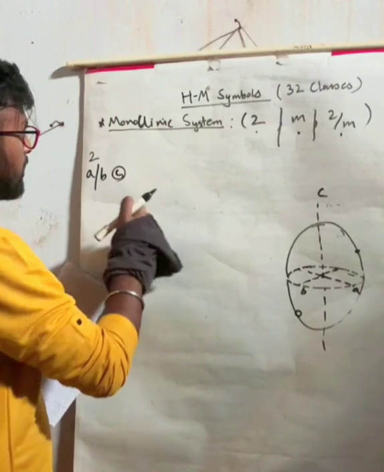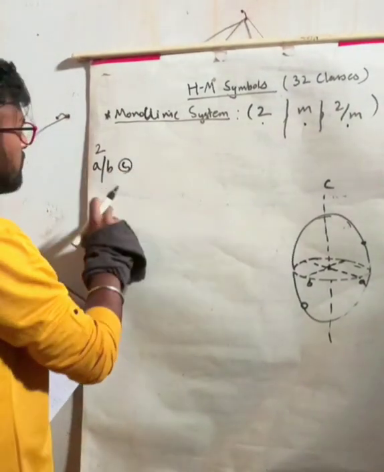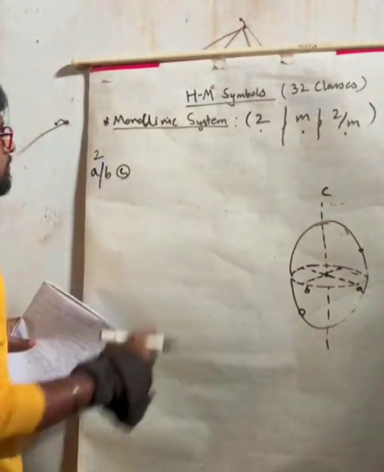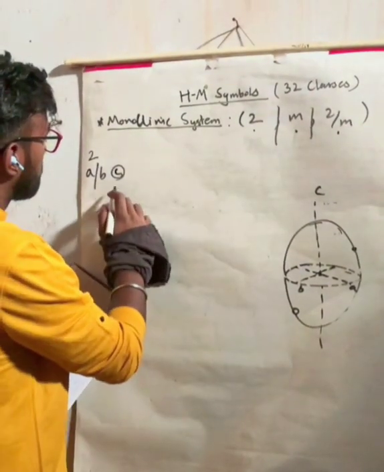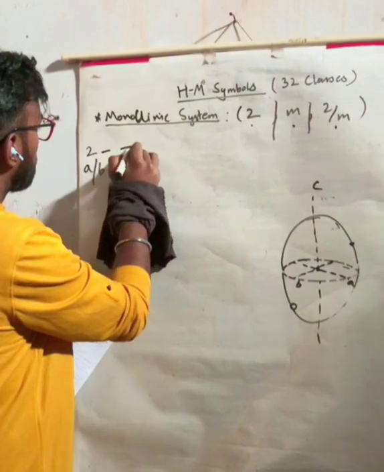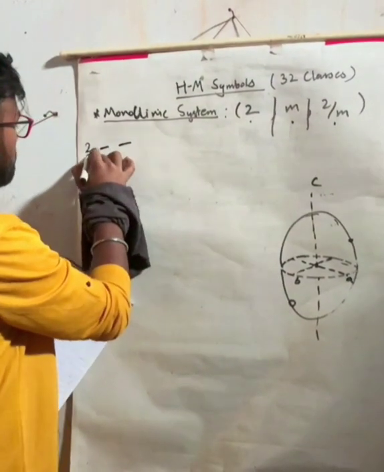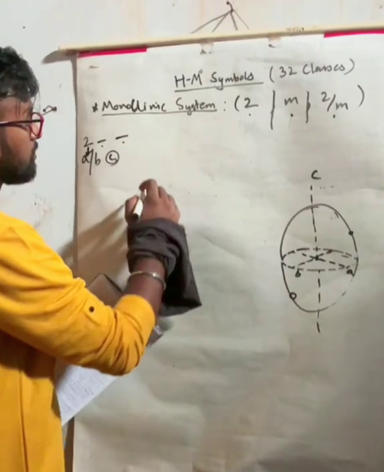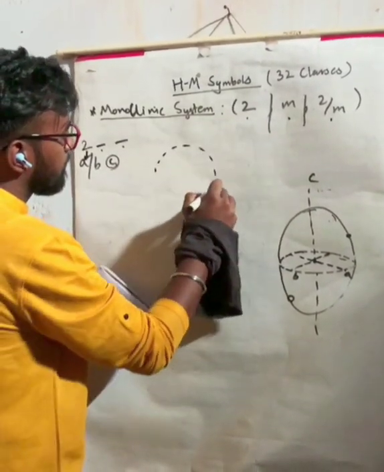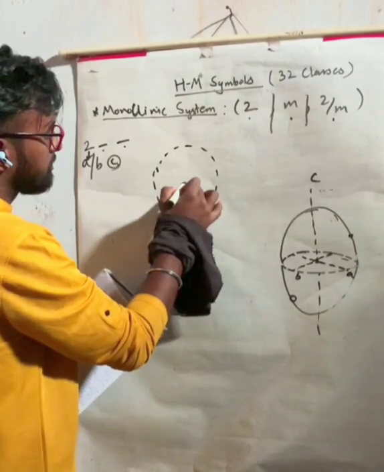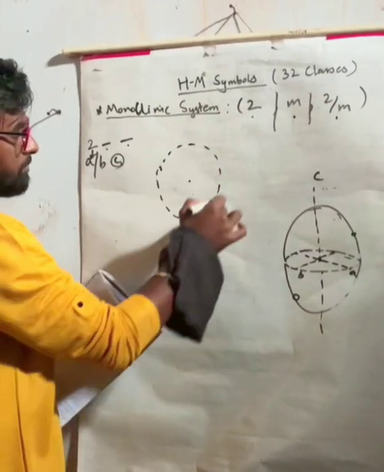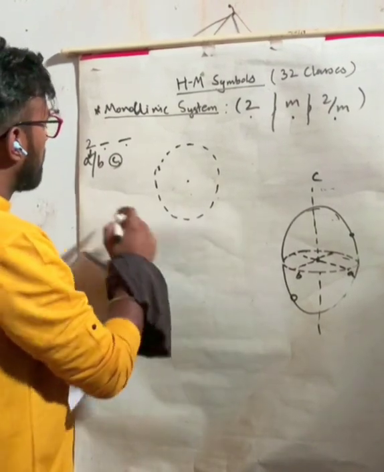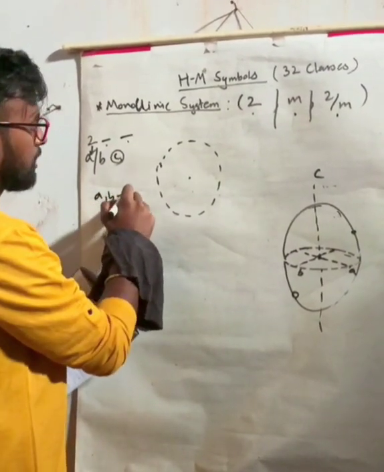So in the monoclinic, you need to remember these conventions also. Either we need to denote it as A, B or C. Because we don't have any C, suppose we consider this as A, and there is no B or C axis denoted here. So we have the C plane, the plane perpendicular to the C axis, because this is the C axis and this is the plane perpendicular to the C axis. And in the monoclinic system we have the angle between A and B equal to 90 degrees.